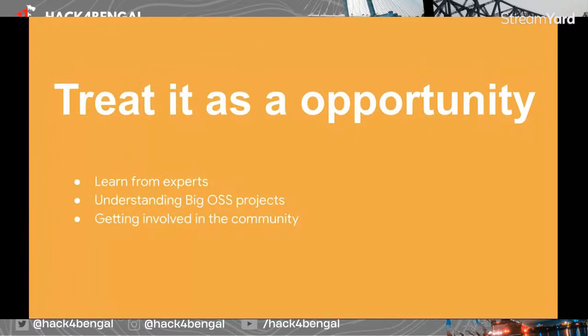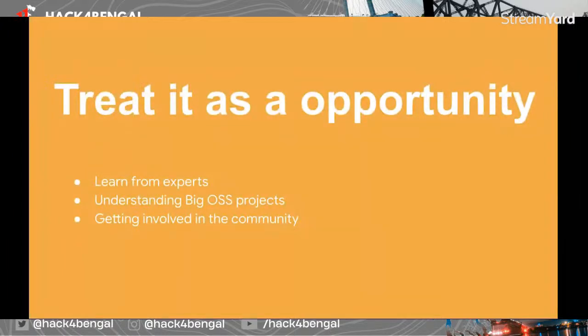GSoC is a good opportunity for you to go through these projects, which are really big in size, and there will be mentors assigned to you who will always be there to help you understand those projects and how to contribute to them.